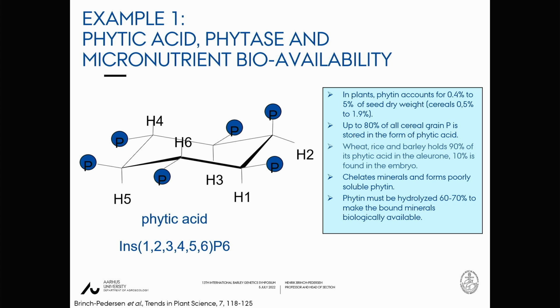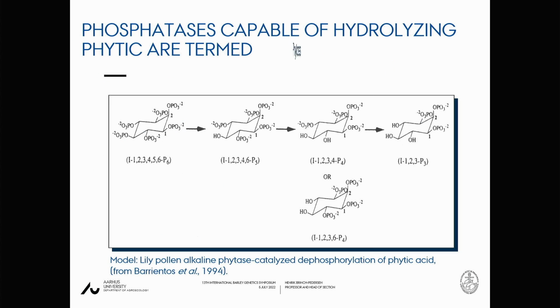It chelates minerals in the digestive tract, so it's actually the most important anti-nutritional factor of micronutrients in feed, but also in food actually. It needs to be degraded by an enzyme called phytase in order to be available for uptake in the intestine. And this is the first example of a phytase that degrades phytic acid. It goes from